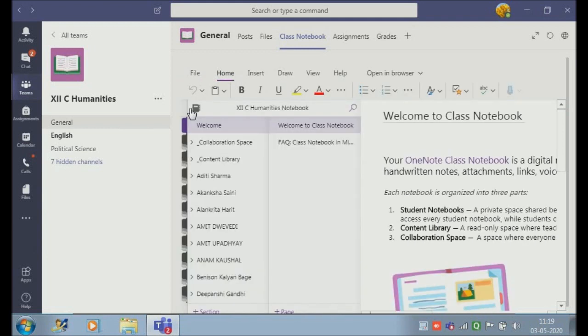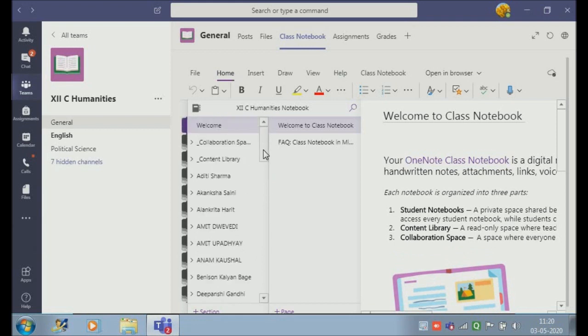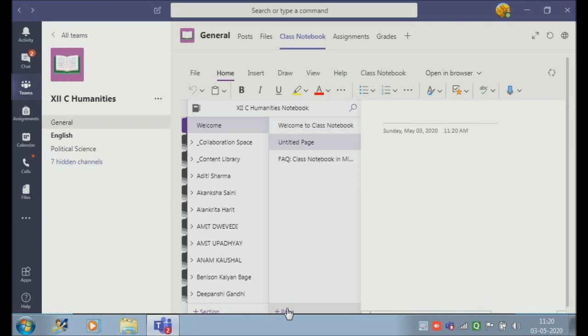When you click on navigation bar, you can see the options: collaboration space, content library, and then each child's notebook is there. Now supposing I want to send homework to students. I'm going to click on a page, then I'm writing a title, homework.